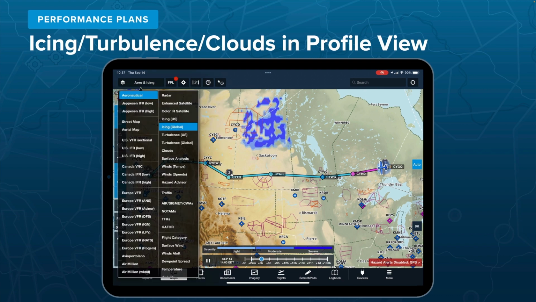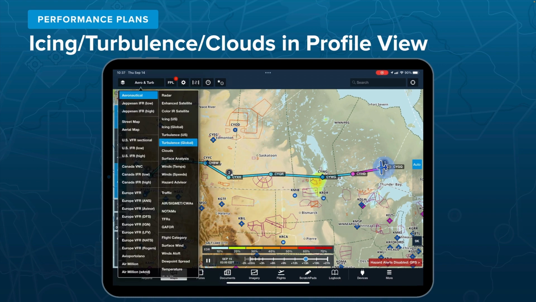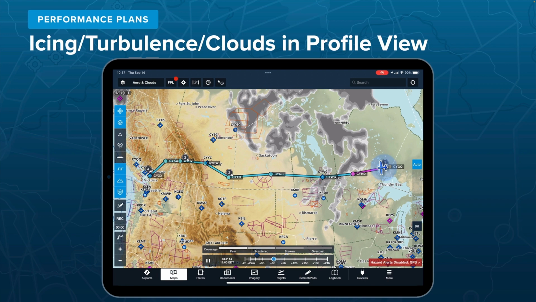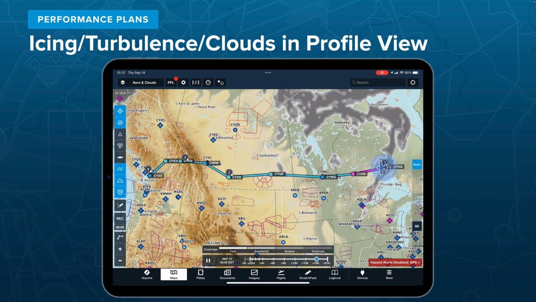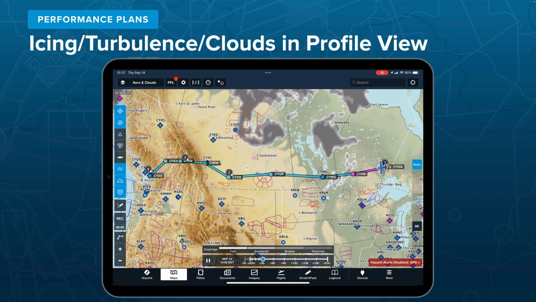But we're going to go into the turbulence global, and finally the cloud layer as well. And this is just demonstrating how we can see all those layers on the maps page. Performance Plus takes it one step further. So if we go to our profile view,